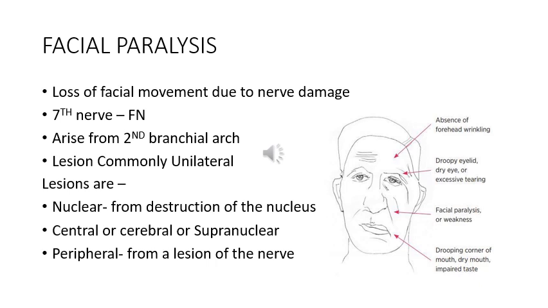We will start the new chapter, that is facial paralysis. It is correlated to ardhita. The condition facial paralysis literally means the loss of facial movement due to nerve damage. So basically there is a damage in the nerve, which leads to lack of function of that nerve, leading to